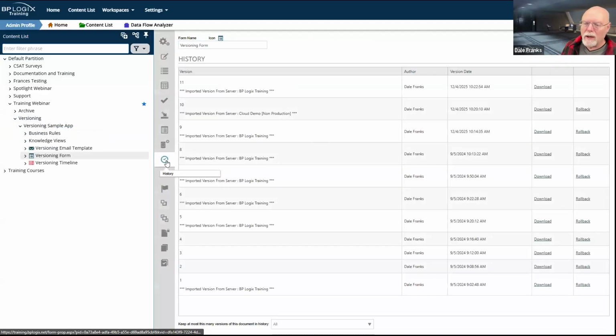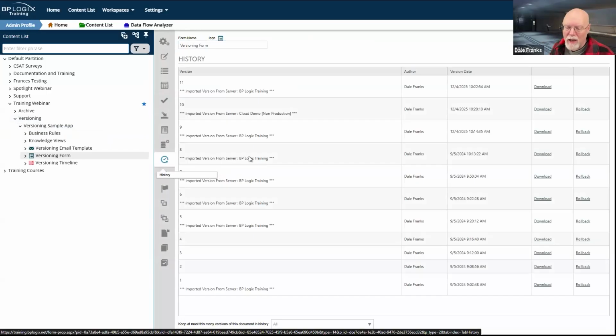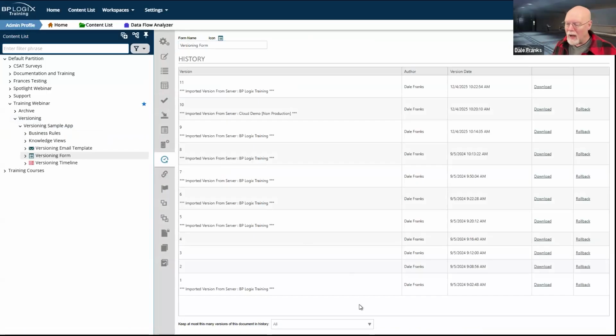there is a history on that form. And that save history actually gives you the history of changes to that object. So as you can see, this object was created on 9/5/2024 when I first imported it. And then on 9/5 later on, I made some changes to this object.